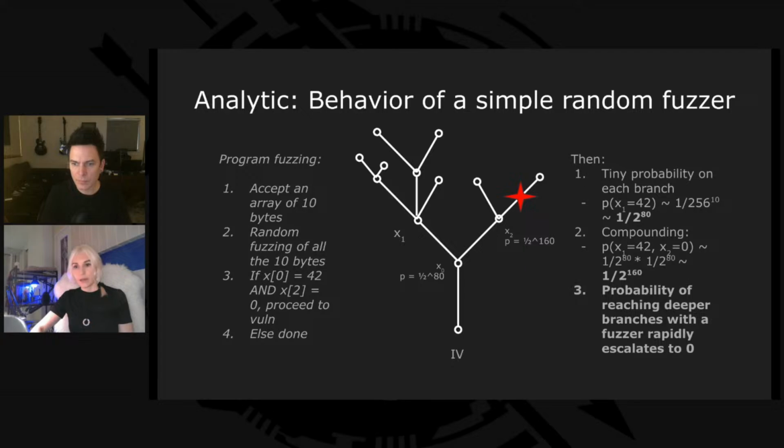Imagine you have 10 bytes and your fuzzer is just fuzzing all this huge array. What happens here? The first thing you can notice is that because the fuzzer will go through a larger array, the probability of discovering a branch randomly dropped significantly. It's super tiny. It's one over two to the power of 80. I have no idea what kind of small number that is. And this kind of probability, as we go up the tree, will still be compounding and will be lower and lower and lower.